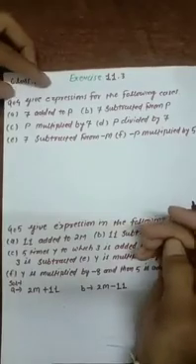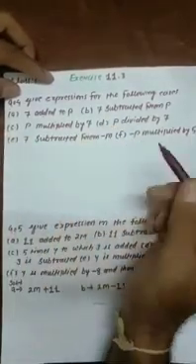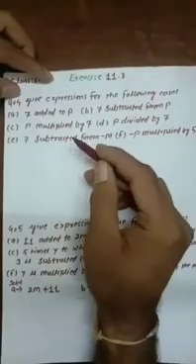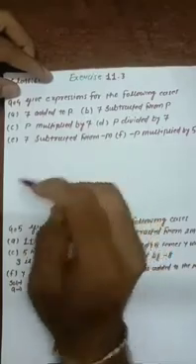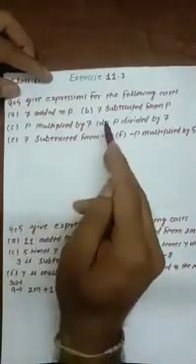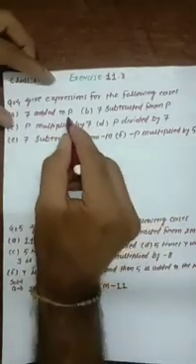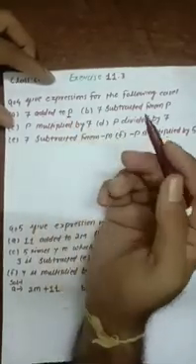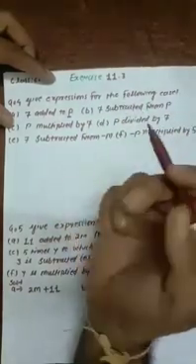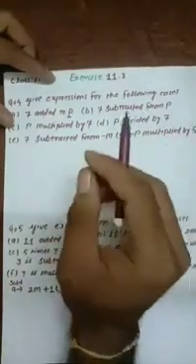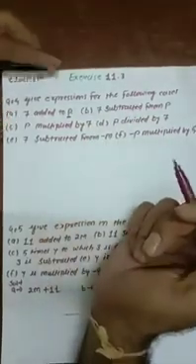In question number 4 it says, give expressions for the following cases. That means a statement form is given, and we have to express it as an expression. As we have discussed earlier, this is called a variable, that means an unknown quantity that could be anything. But if you add, subtract or multiply something with the variable, they create an expression. So let's see that.